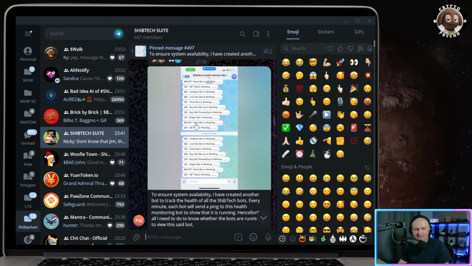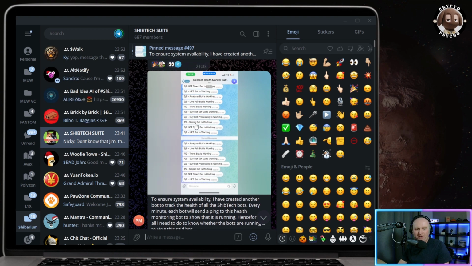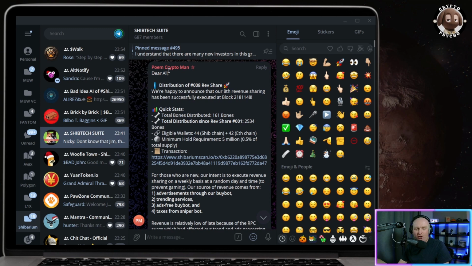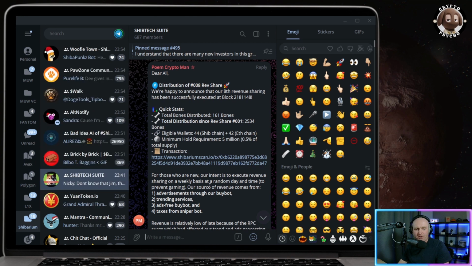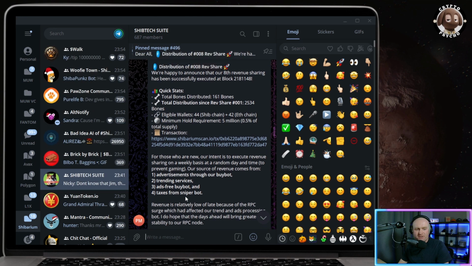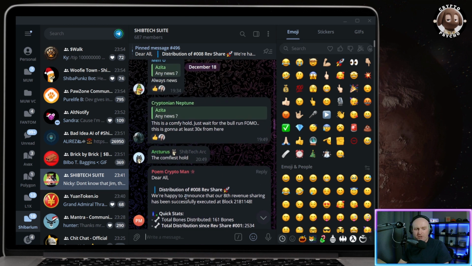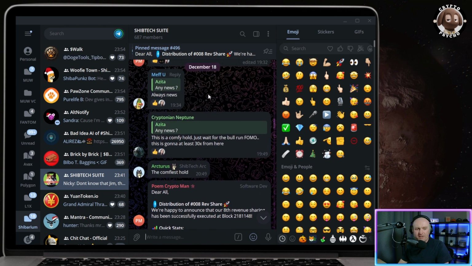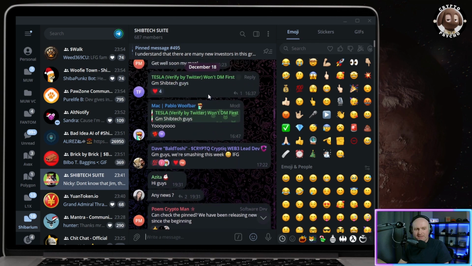This is the bot I was talking to you about before. The bot that tracks the bots, the health bot, if you will. And again, all about transparency. Like, this is distribution number 8 of the revenue share, and we're happy to announce that our 8th revenue sharing has been successfully executed at block number, and then telling you how much born were distributed, and you can check the transactions. Like, this is the kind of project you want to be part of,